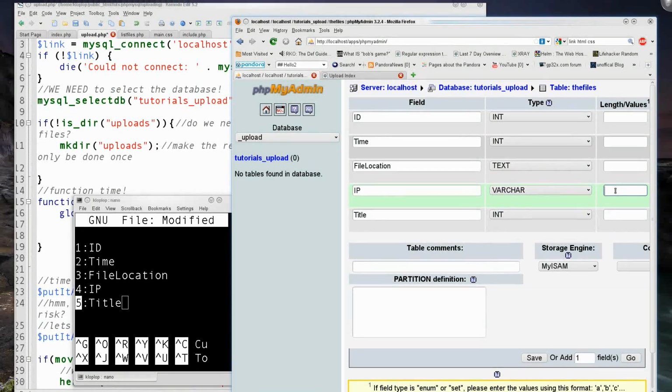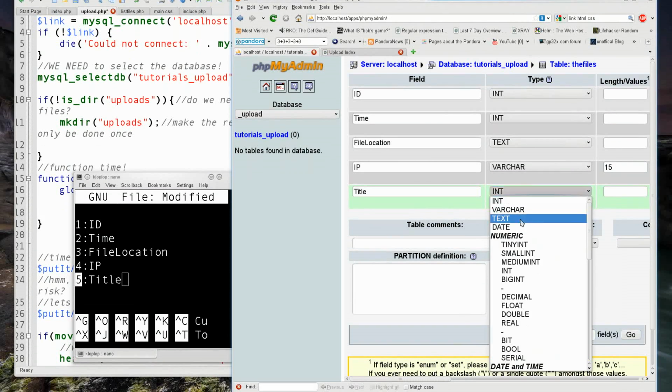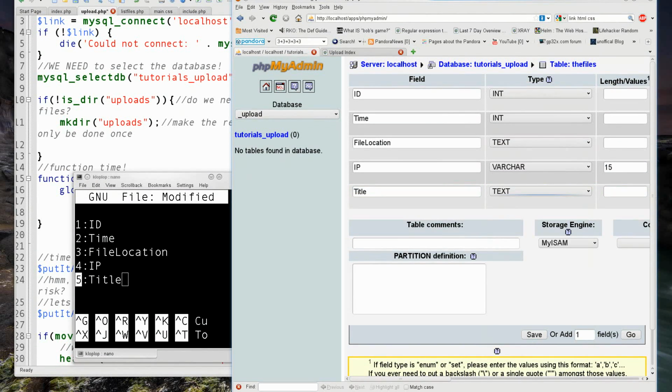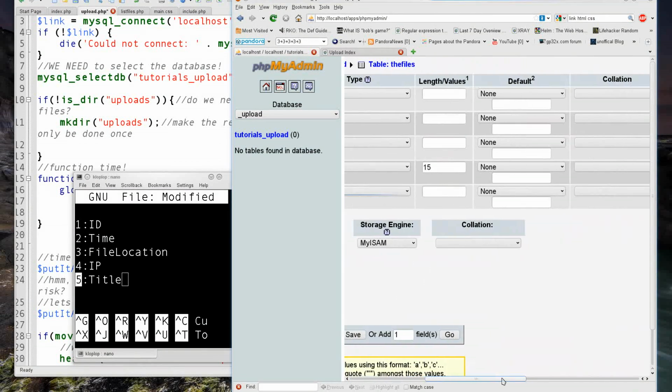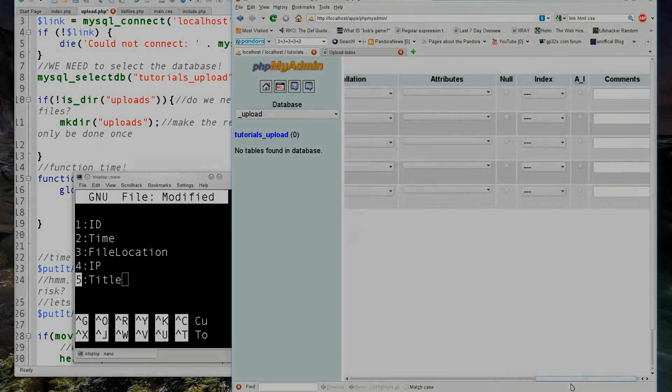And for the IP, it's 3 characters 4 times, and then there's 3 dots in there somewhere. So that's like 3 times 5, which is 15. And I'm making this a varchar because I know what it will be at max, and I do not need to make any overhead with the form. So I set the auto increment, I changed the index to primary,